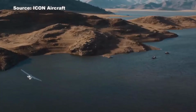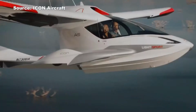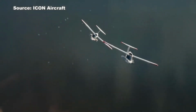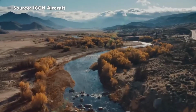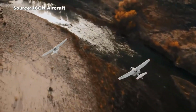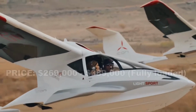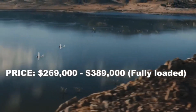But here's the thing, over the years they've had a lot of marketing efforts, so I know a lot of money went into that, also to get the airplane built and certified. Icon has just had so many delays and so many stalls in the production of this airplane. And unlike the other airplanes I listed before, the Icon A5's issues are not certification related. It's just a lot of things in the company. I have no idea. But anyway, right now, to get into one of these, you're looking at a price point from $269,000